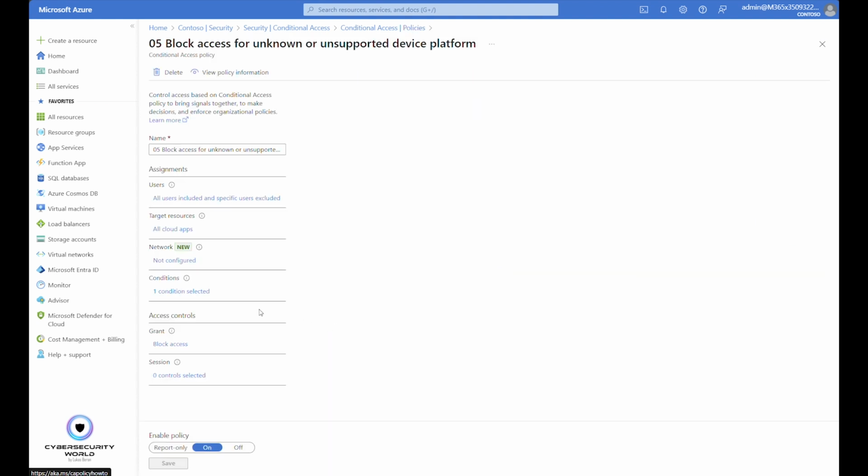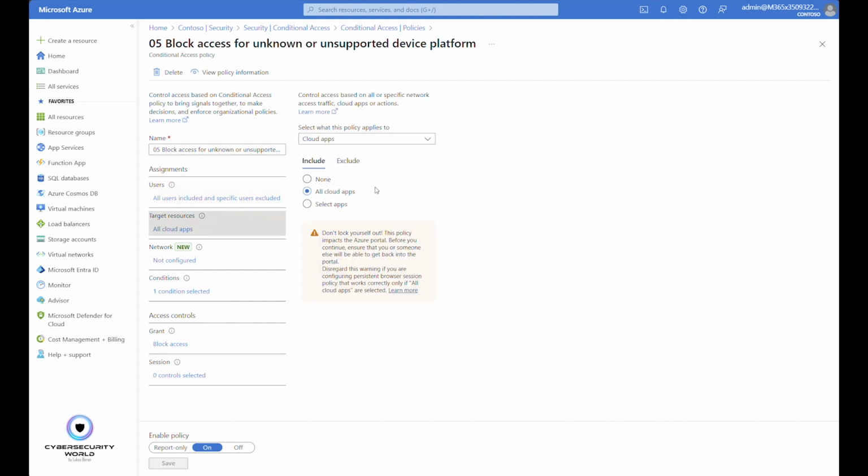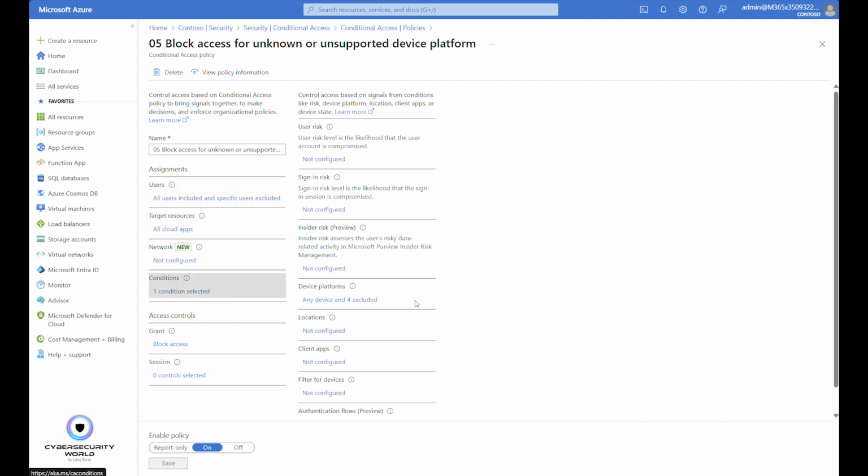Policy number 5, block access for unknown or unsupported device platform. This is a very important policy because you as an organization should define what platforms are supported. Those platforms should be managed via Intune, for example, and all other platforms should be completely blocked. So I target all users, again here, break glass account excluded, all cloud applications, and under conditions, I have something